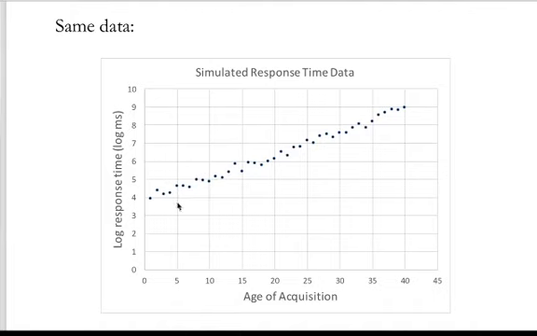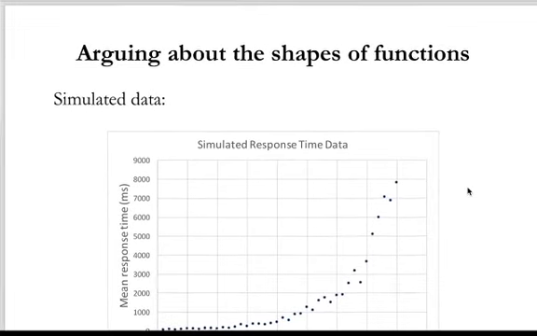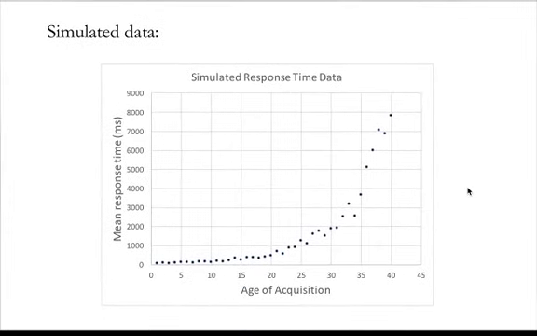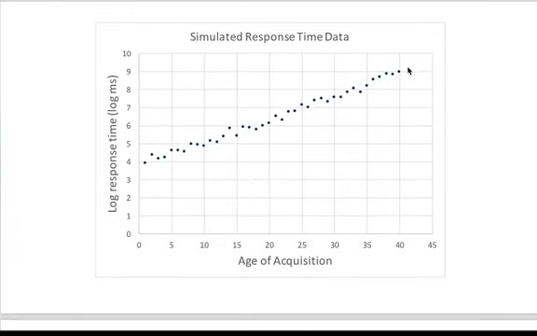This is meant to be a more general point about the logic behind these arguments, namely that whether or not there's a discontinuity in any particular data set related to age of acquisition, age of arrival, is going to be entirely a function of how we measure people's behavior. If we measure it in milliseconds, then we have evidence for a critical period hypothesis. If we measure it in log milliseconds, then there's no evidence for a critical period hypothesis, but it's the same data set. And so this is pointing us to a problem not with data measurements or AOA functions or anything like that. It's pointing us to a problem with the logic of these arguments.